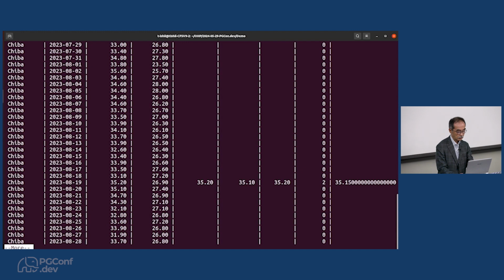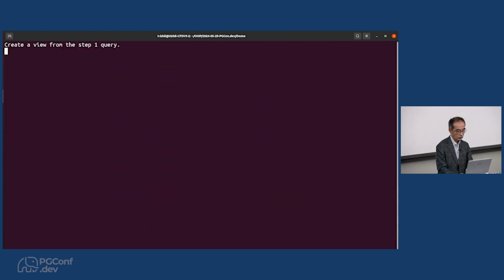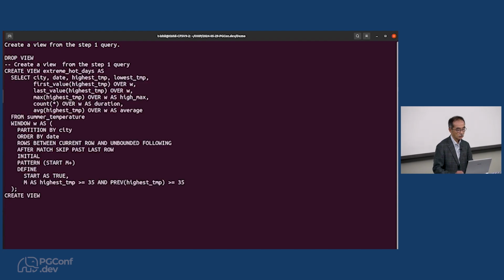To enhance the query, we can define a view for the query. The view is defined like this. This is very simple. Just add the query to the view clause in the previous query.